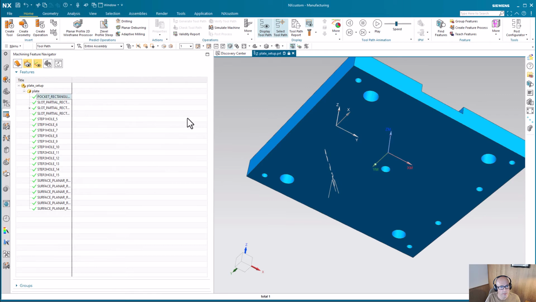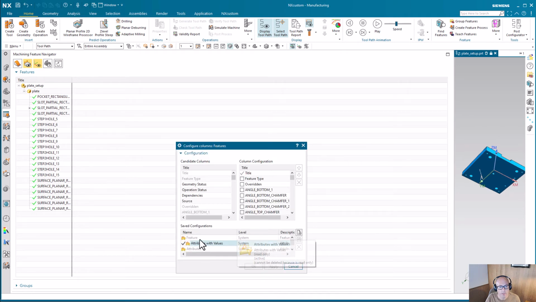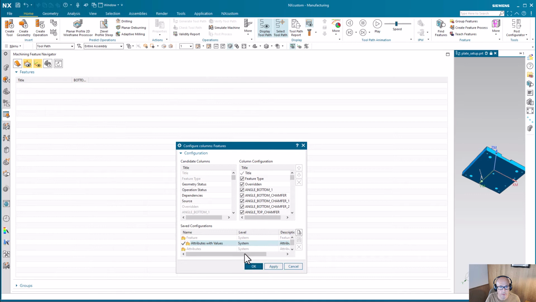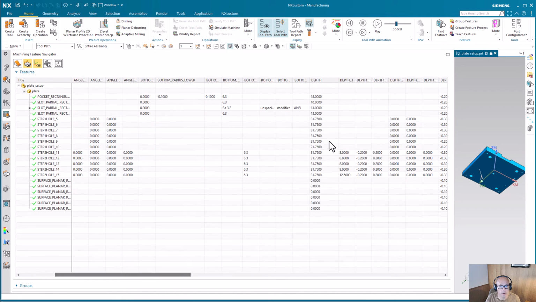And then here you're not seeing much info, but there is a way to turn on more info. If you right click and say configure columns, I think it'll come up on this column here. I was messing around with mine. I think this is your default. You can double click this attributes with values and then say OK. And it leaves the default ones on but adds more, and so you have all kinds of information, vector size,